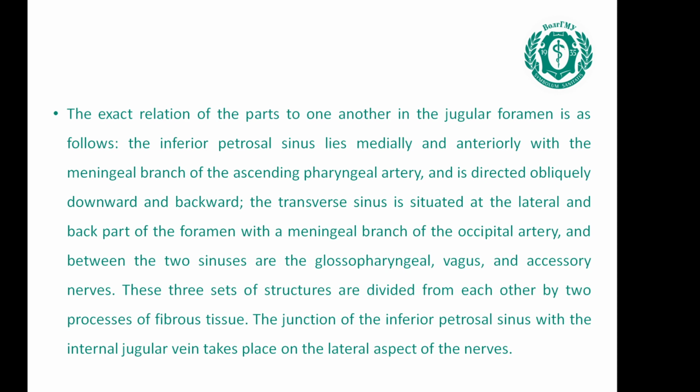The transverse sinus is situated at the lateral and back part of the foramen, with a meningeal branch of the occipital artery, and between the two sinuses are the glossopharyngeal, vagus, and accessory nerves. These three parts of structures are divided from each other by two processes of fibrous tissue. The junction of the inferior petrosal sinus with the internal jugular vein takes place on the lateral aspect of the